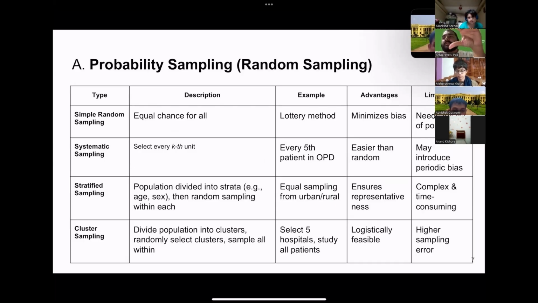So this is a table entirely focused on all the types of probability sampling. Please remember these very carefully. These are your theory exam questions. Sampling is a very fertile area for your MCQs in NEET PG, right? Very important and very scoring, okay? So simple random sampling. Simple random sampling is if you have, let's say,